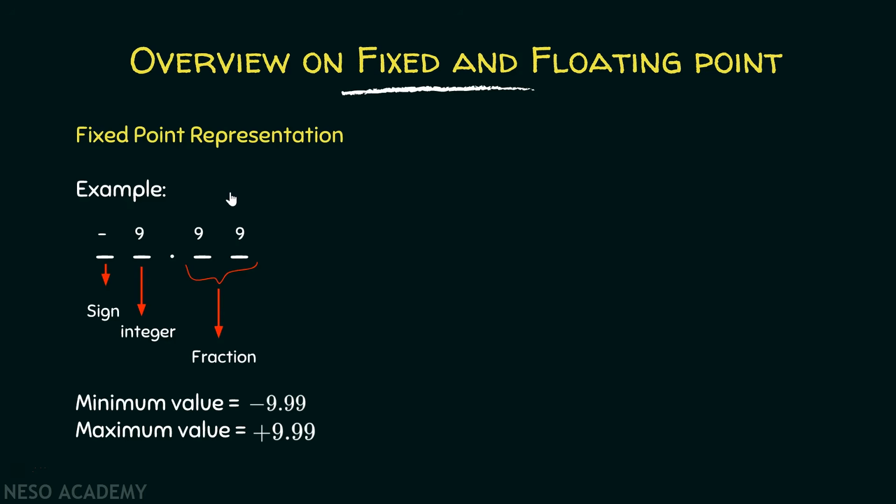Fixed point representation is a natural representation of which we the human beings are familiar with. We follow the same principle when we write fractional numbers, like for example, minus 3.33 by fixing the decimal point between 3 and 33. Let's say, suppose we are available with 4 places to enter the fractional numbers. Suppose first place is fixed for sign, second place is fixed for integer, and the last 2 places are fixed for fraction part. The minimum value possible with such a representation would be minus 9.99, and the maximum value that would be possible is plus 9.99, isn't it?